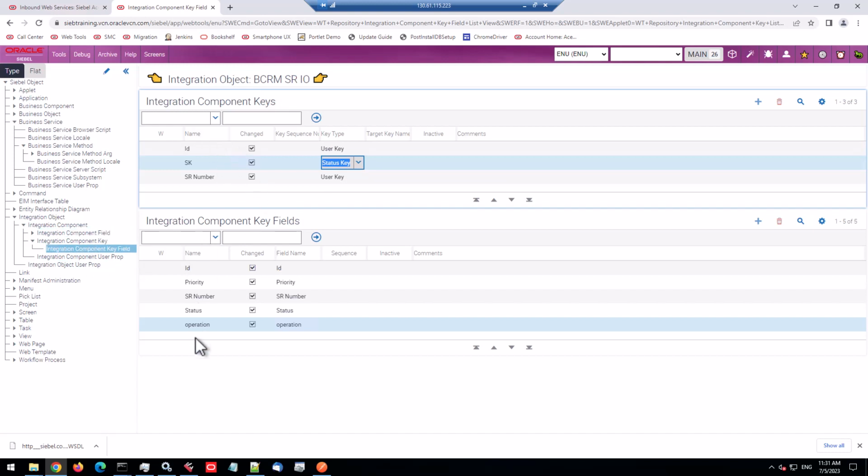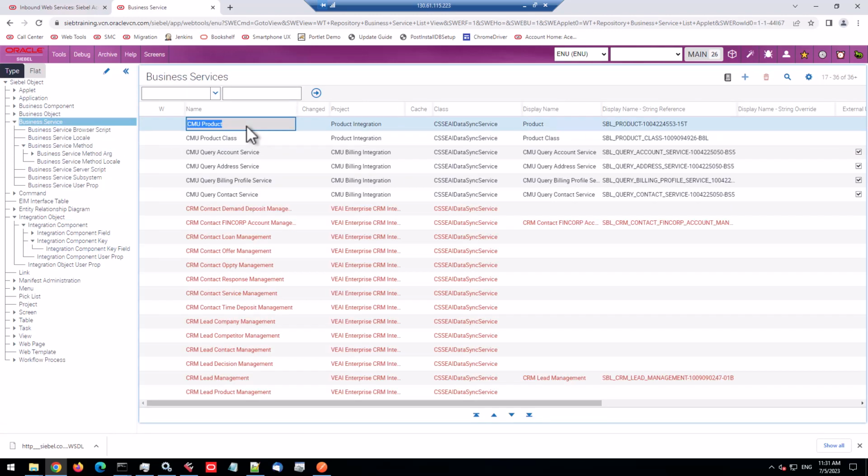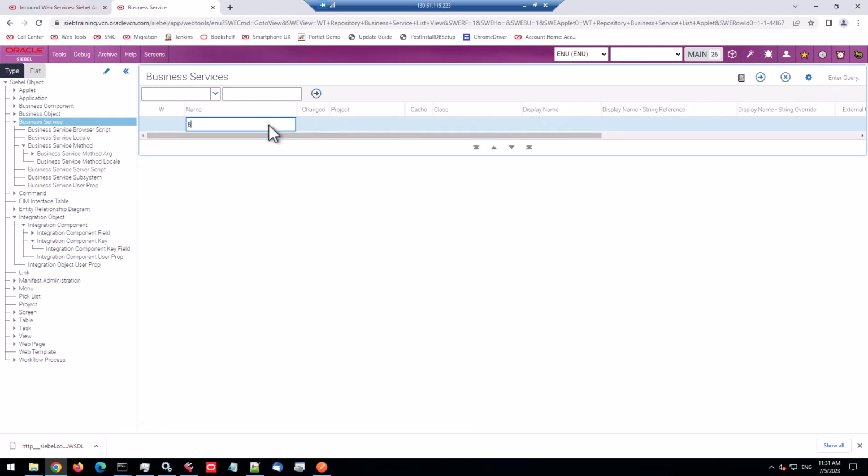So I made sure my integration object is fine. You can test it with EI Siebel adapter, and it works with the attachments in general. Now let's not focus on the attachments, but that's of course also an interesting story here. So I have this integration object, and now I copied one of these business services. So I always choose Siebel account. I copy the record, make sure I have the same class, and thus I create